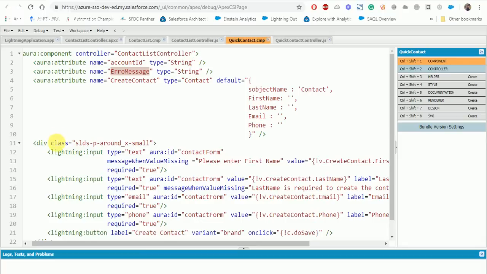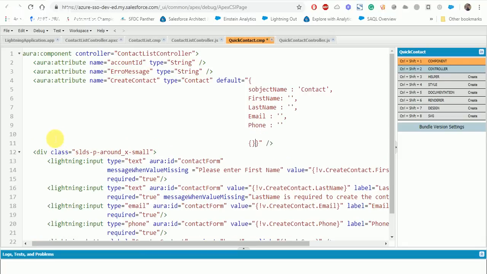Just for demo purposes I am putting this here,